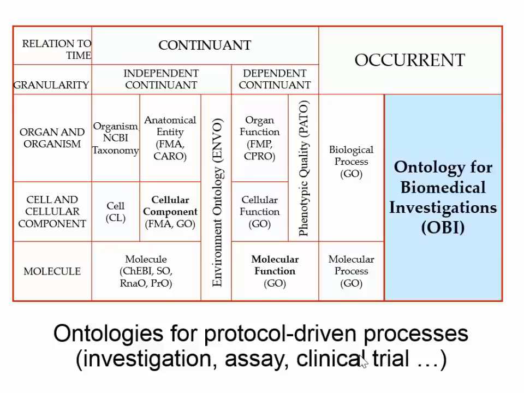And then when we developed OBI, we realized that we needed an ontology for describing information artifacts such as publications, databases, protocols themselves. And this ontology should not be part of OBI because the ontology of publications is not restricted to biomedical publications. And so we created the information artifact ontology,